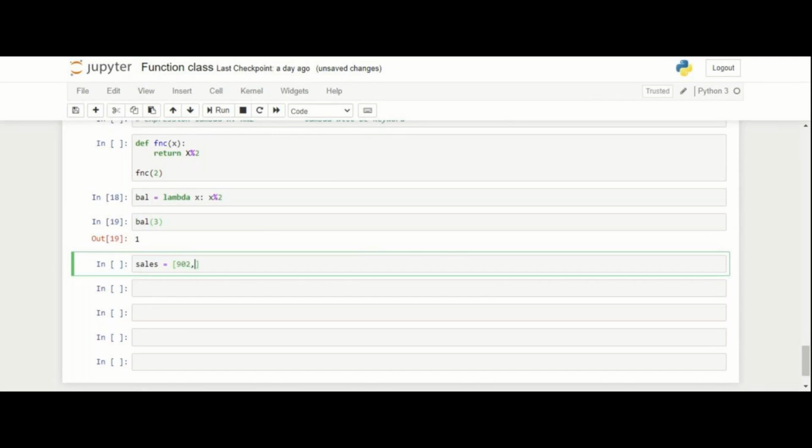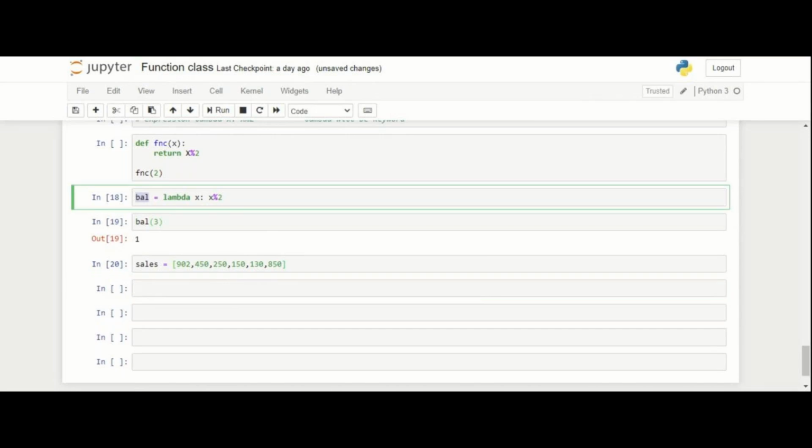Let me define my sales: 902, 450, 250, 150, 130, 850, something like this. I have defined it here, my sales. Now I need to see which of my sales are greater than 500.